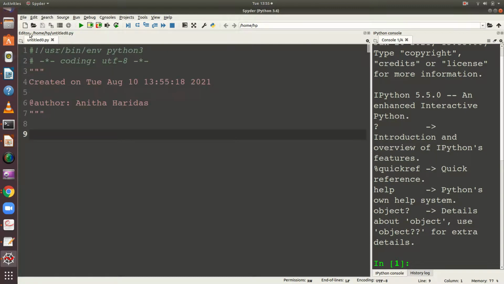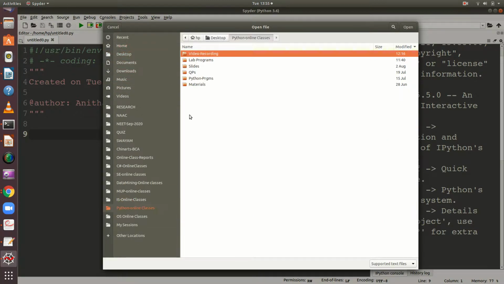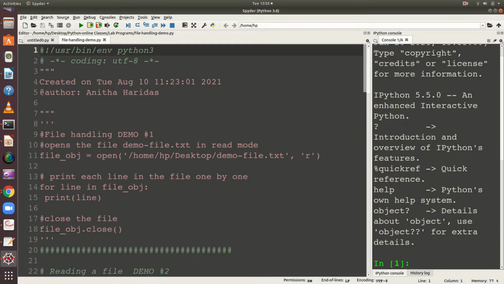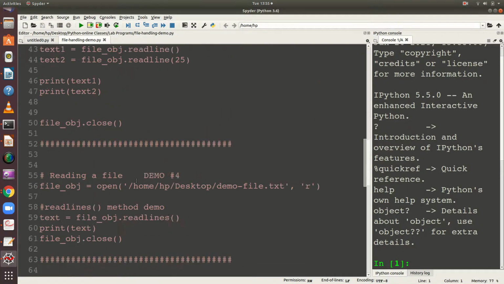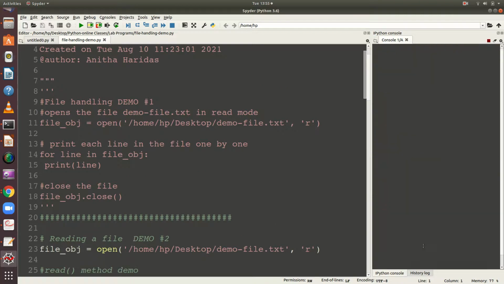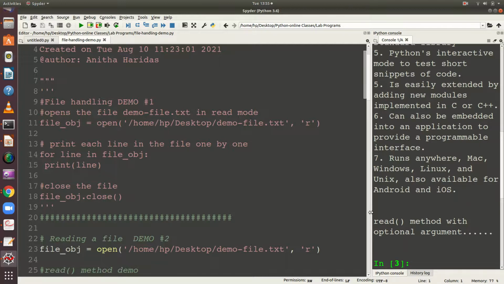Let me open the file. My program file handling is available in my Python online lab programs, file handling demo. Yes, I have opened it. I clear the console. I'm going to run. You can see here.